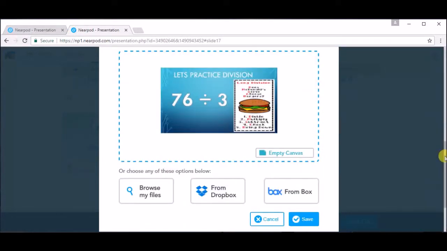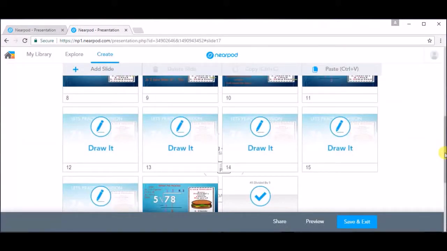I also wanted to point out that you do have other options of uploading other things from your file, your Dropbox, or from a box. Now, what you may have noticed is that I didn't add a slide that actually shows the students the answer after they've tried the question by themselves. And that is because during a live lesson, the teacher has the option of sharing the student work. For example,